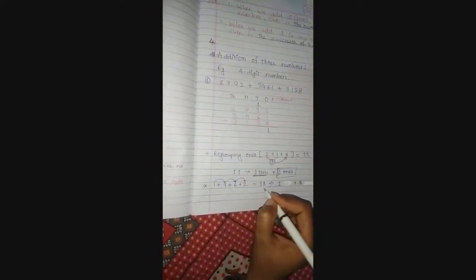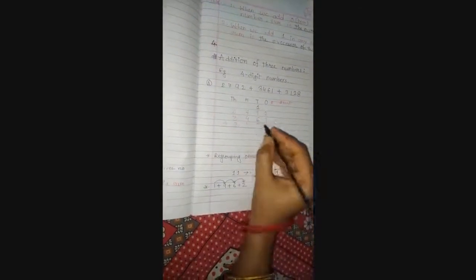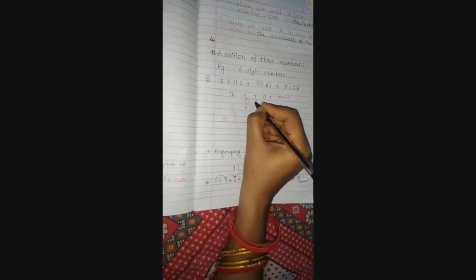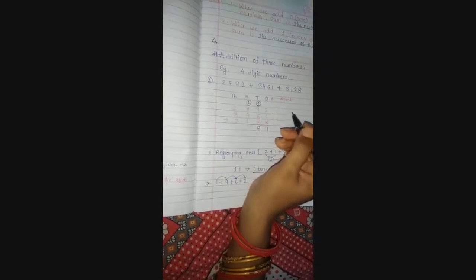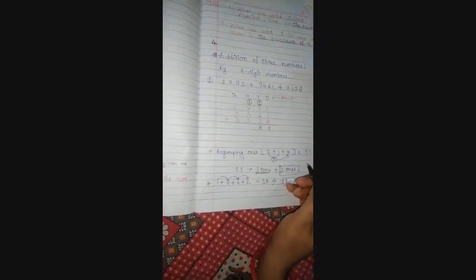This is 18 tens. So 18 tens consist of 1 hundred and 8 tens. Here 8 tens will be there. 8 tens we will place at the tens place, and 100 will go for the carry forward. Yes, and we try to write the carryover inside a circle. That shows the carryover on the number. Otherwise, we might get confused while checking.